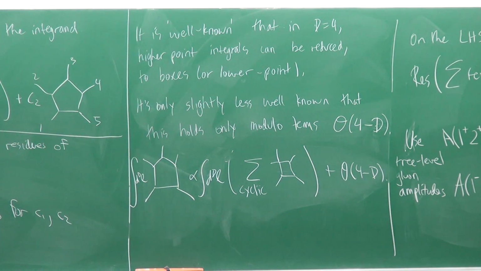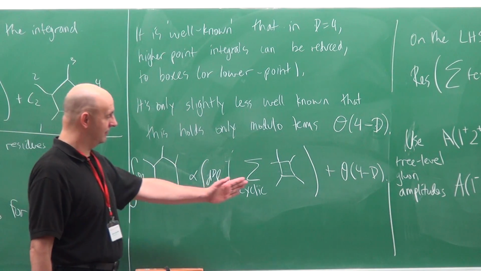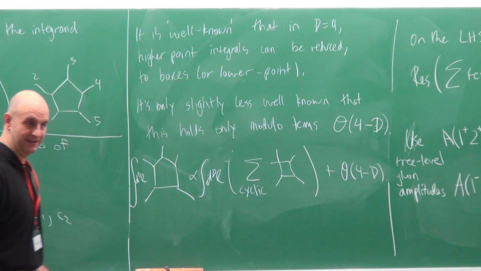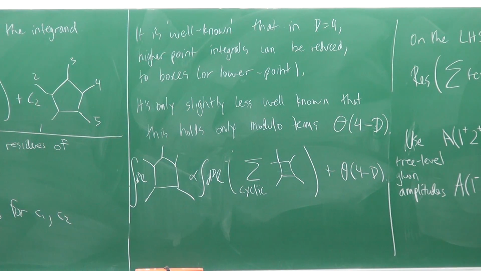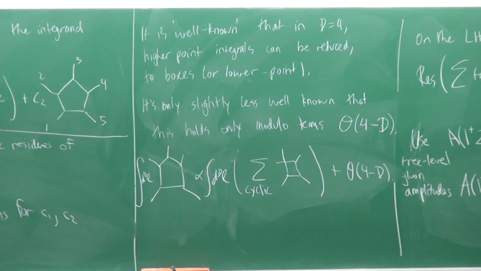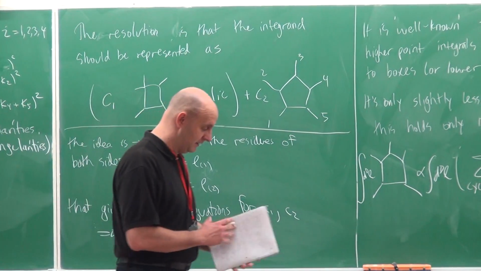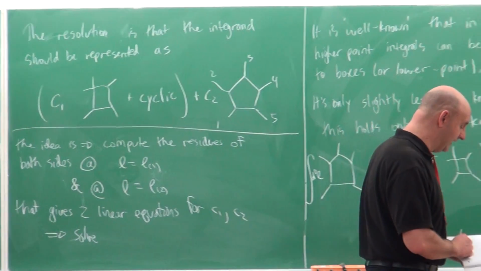So if in your particular application you're content with working in dimensional regularization, and if it's sufficient for your purposes to ignore terms that integrate to 0 in precisely 4 dimensions, then it is possible to take this expression and rewrite it only in terms of boxes. So the reason I'm making this point is that